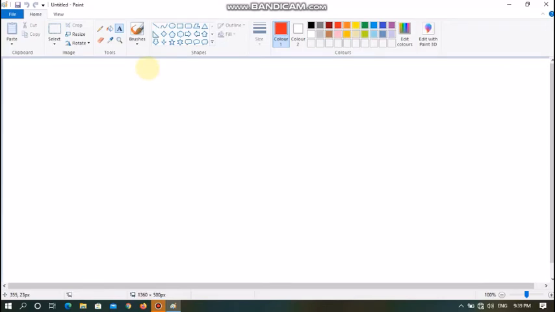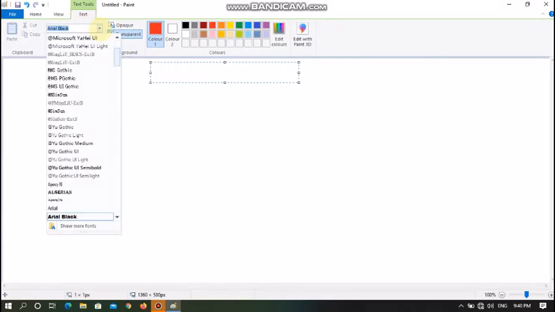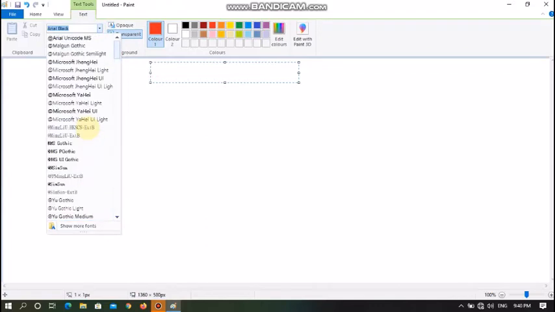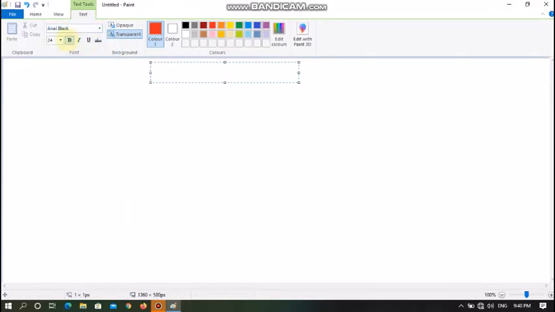Choose the position from where you want to start. Let's click at this particular position. Choose the size or font from here. Just click onto this option. The font dialog box will appear, and choose the font with which you want to continue. In the similar way, choose the size of your writing such that it can easily be seen during the online